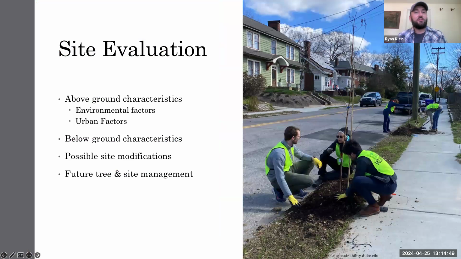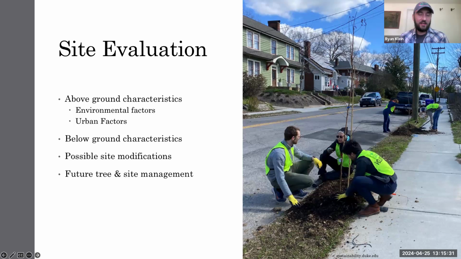The other thing we need to be concerned with, and again, this is all before we even get to the point of digging the hole in the ground, is the site evaluation. First off, you want to make sure you're planting something that's going to grow well at your site, but you also want to make sure that establishment and long-term success happen. So there are things like above ground site attributes that you need to be concerned of: access to sunlight, is it in a wind tunnel, are there overhead utilities near a building or signs? And then below ground site attributes, things related to the soil, so texture, pH, compaction, is there proper drainage?